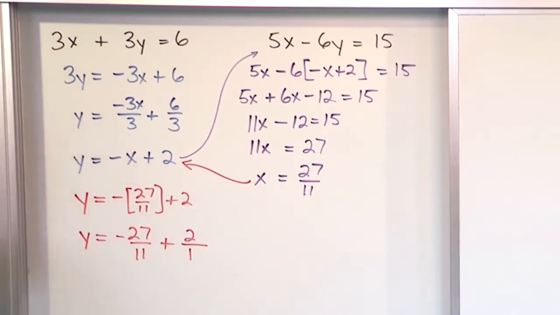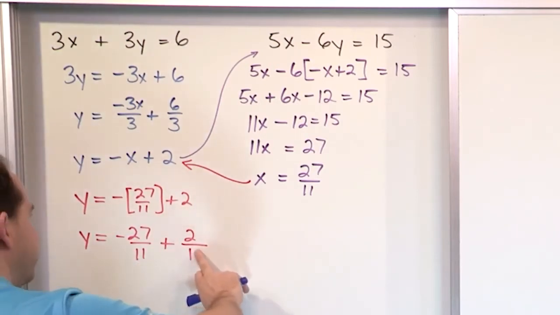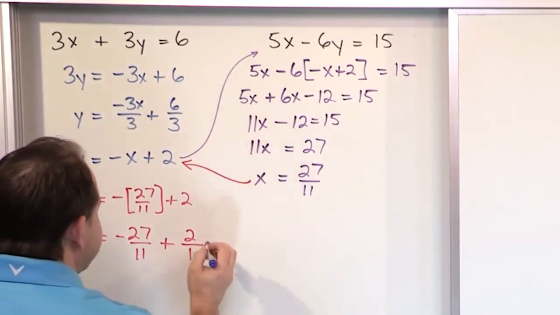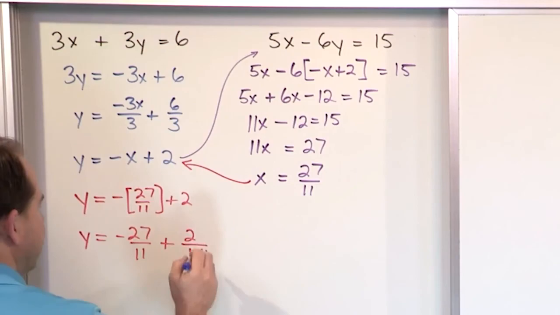Now here's where I say you get into issues with fractions. I need to add these fractions together. But I have 11 as a denominator and I have 1 as a denominator. That's why I wrote this as 2 over 1. So I need a common denominator. The easiest thing to do is just multiply this on the bottom by 11, which means I need to